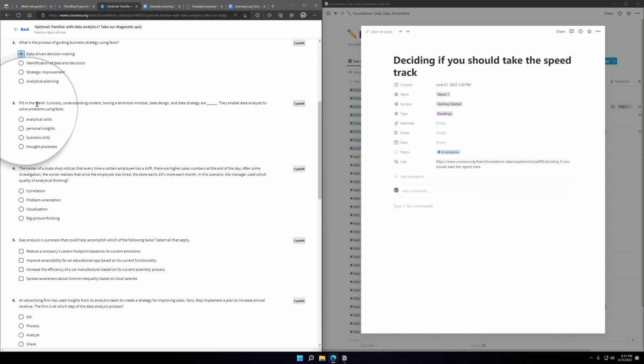Number 3, fill in the blank. Curiosity, understanding context, having a technical mindset, data design, and data strategies are, they're not thought processes.